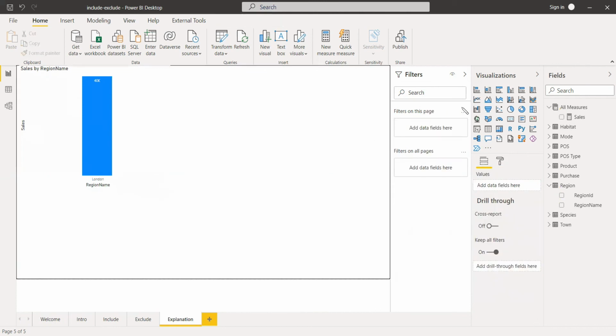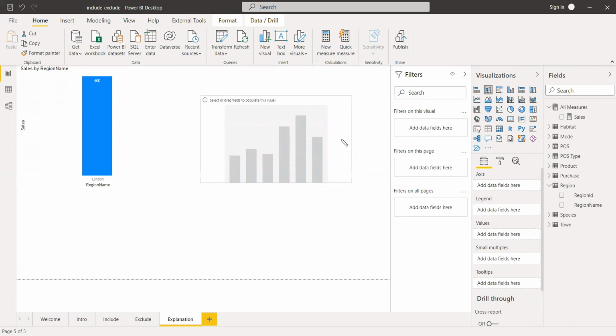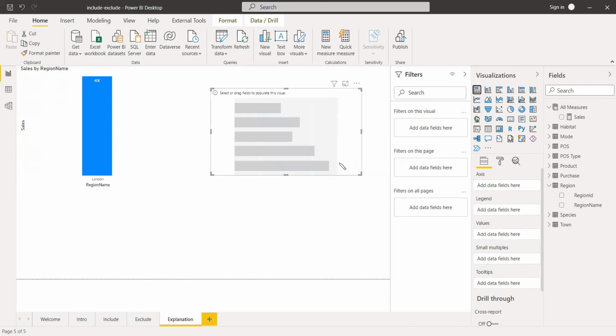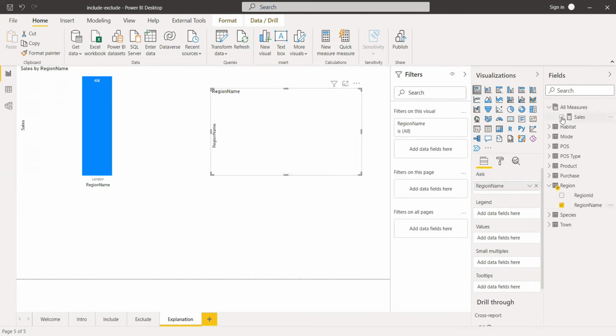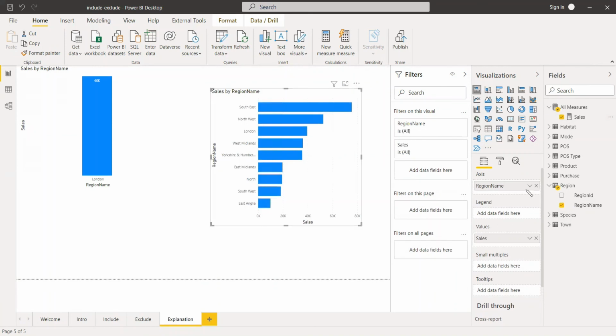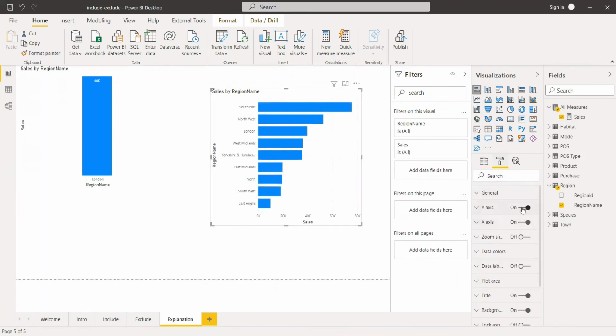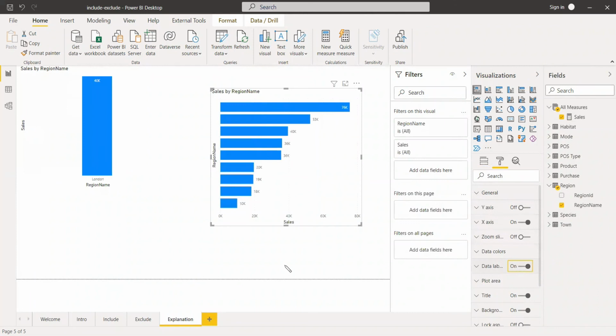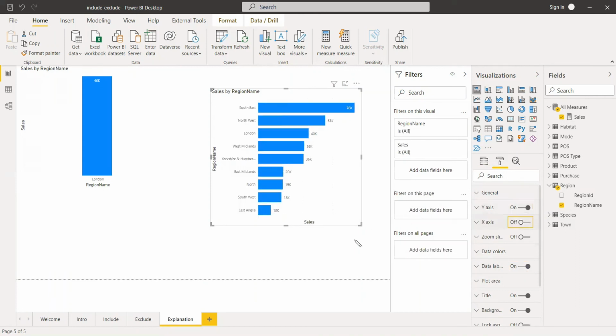Same way, you can take another chart. This time we can use a different chart, a scatter chart. You can take the region name and sales, and right now we don't want London.